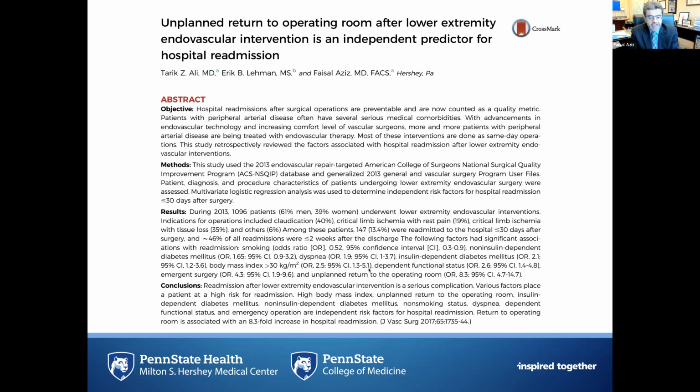So after this data, 2 years later, we embarked on another study for peripheral arterial disease, knowing that most patients with peripheral arterial disease are now undergoing lower extremity endovascular interventions. So we decided to look at the endovascular intervention. Once again, we looked at the NSQIP data. We had about 1,100 patients, and we specifically looked at the same year as we had the bypass data to make sure that it's the same time period and there's not much change in terms of medical care or other